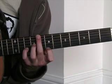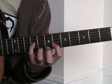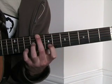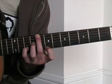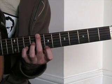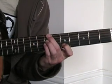Now one of the tricks for this one is getting the fingers to move in the order that they're needed. So from here you can see now 2nd finger goes down, then 3rd, then 4th, then 1st. So you get that. So they're just making it to it in order because it's a really hard chord just to jump straight out to. Then we go to a B minor 11,